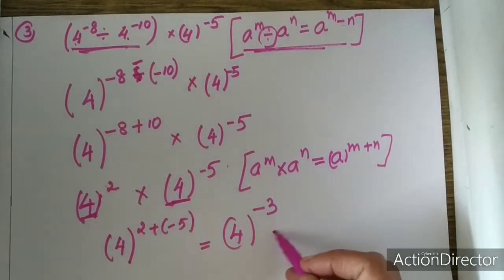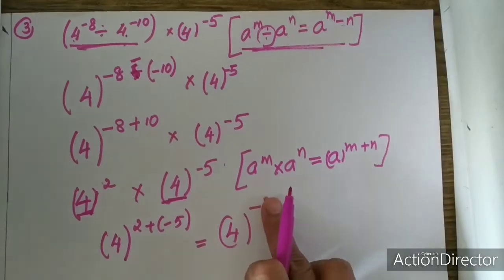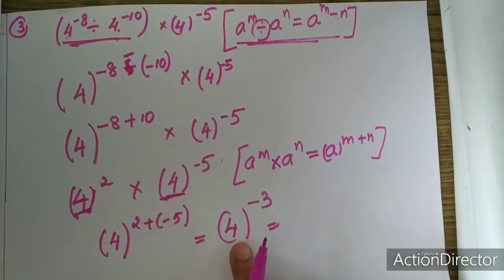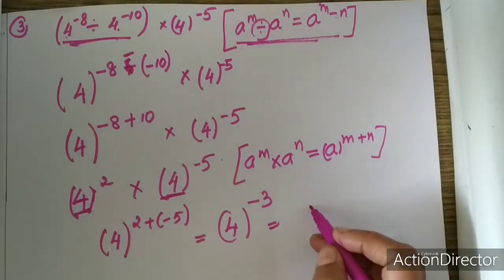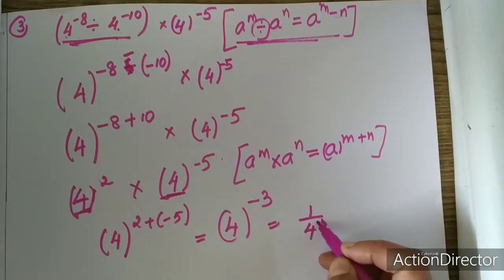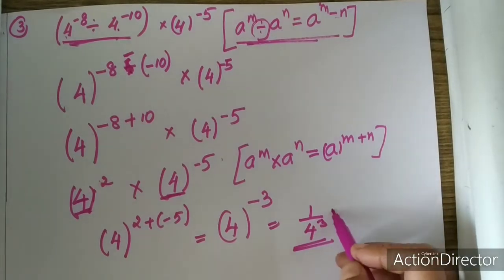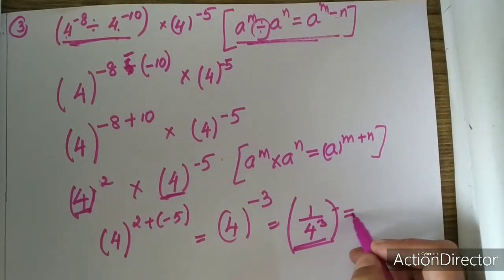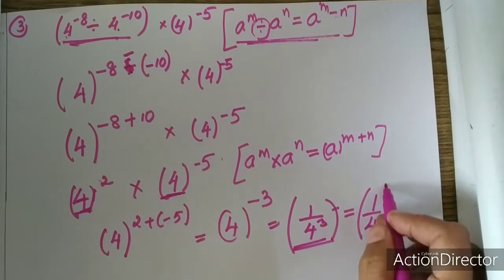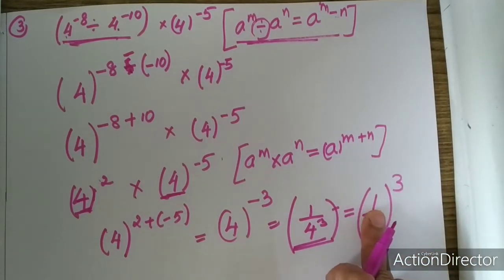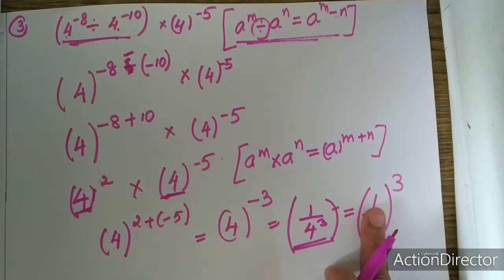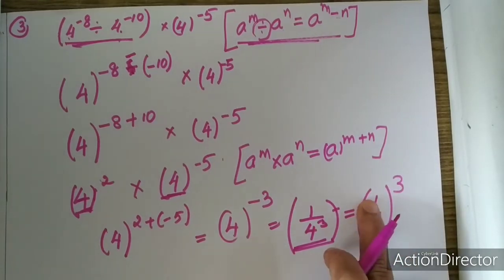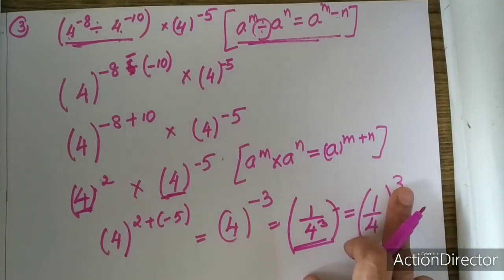Now you remember, you are asked to express in positive exponent. So to make it a positive exponent, what is the clue? You have to reciprocal the number. What is the reciprocal of 4? 1 by 4 raised to the power of 3. So this is my answer. You can leave the answer as it is, or also you can write it as 1 by 4 whole raised to the power of 3. Since this is having a 1 in the numerator, I can write the 3 also over at the top. If it is having some other numerator, we cannot write. Only in case of 1, I can write it as whole raised to the power of 3.